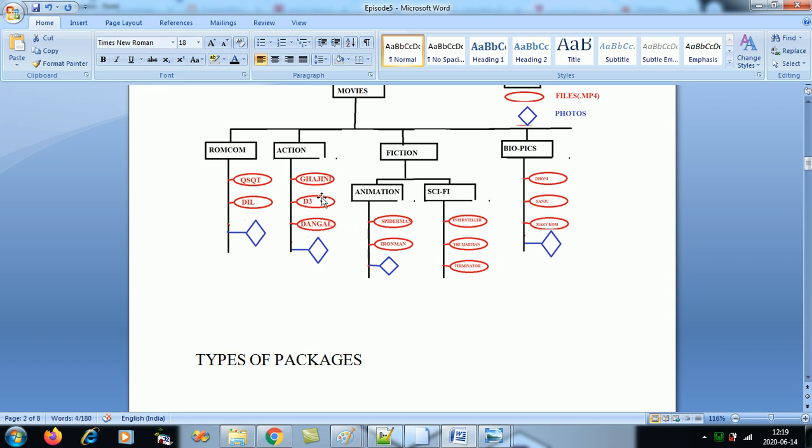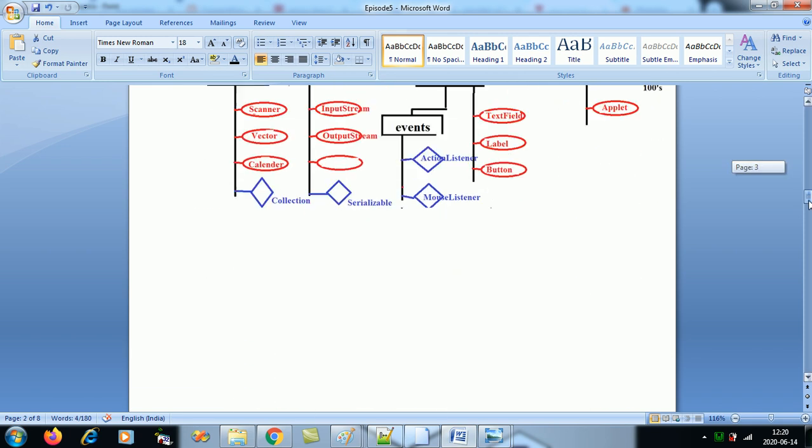Or if he likes all these action movies, he says give me all the action movies of Aamir. So you will right click on this folder and send the entire folder. So he can go home and sort them as per his understanding. If he wants an individual movie, you can give him the individual movie, and if he wants all the action movies, then directly give him this folder.